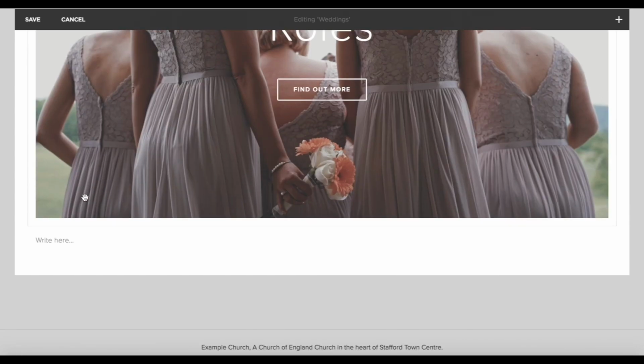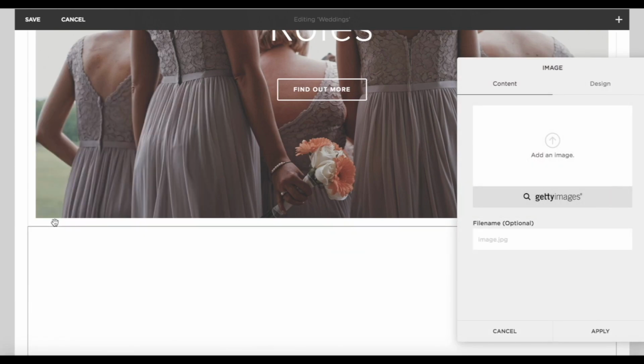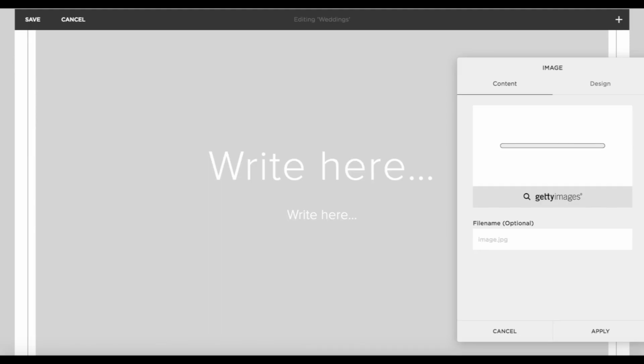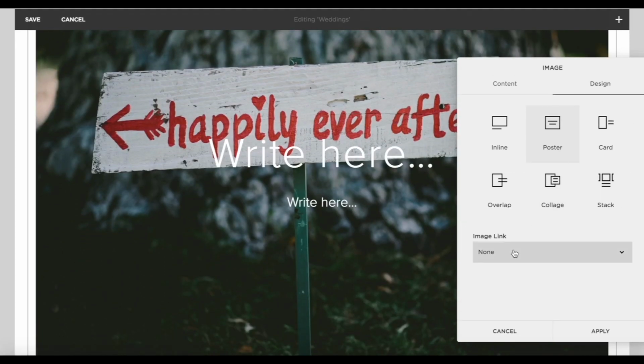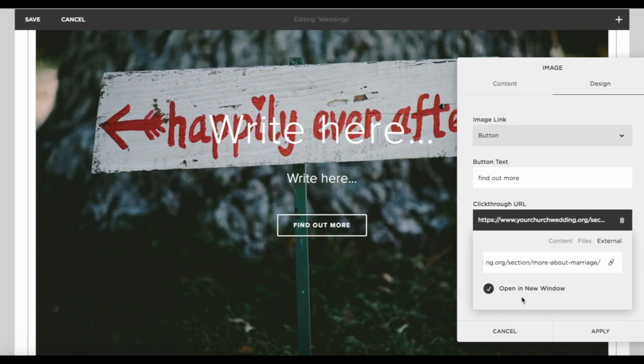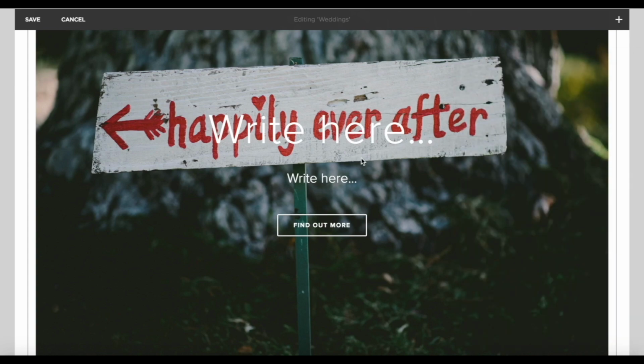Fab. And now we're going to do another one right underneath it, the poster. While that's uploading, I'm just going to copy and paste the URL from More About Marriage. Okay, and we'll go ahead and go to design, button, find out more, and add the URL that we've just copied, open a new window and click apply. And here we're just going to write more about